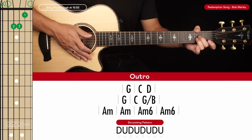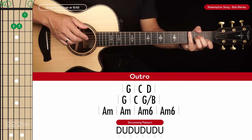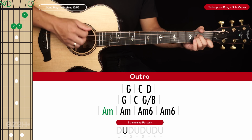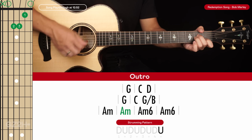Then for the third line of chords, we go to an A minor chord. We're going to play 2 bars of A minor. Now the strumming pattern is going to be continuous down-up strumming pattern at 8th notes. So 1 and 2 and 3 and 4 and 1 and 2 and 3 and 4 and...